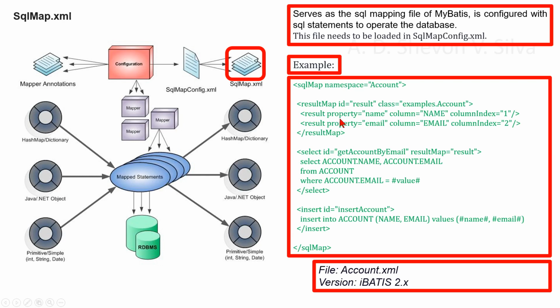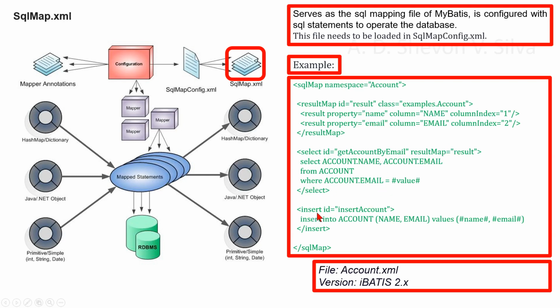And we can see the attribute property here in result, a field or property to map the column result to, and the column name from the database or the aliased column label, and column index here. We can see a select element here, a mapped select element, and ID, a unique identifier in this namespace that can be used to reference the statement. The result map, a named reference to an external result map here,